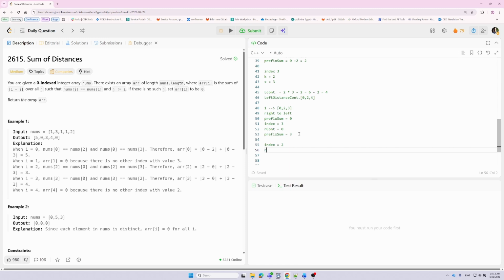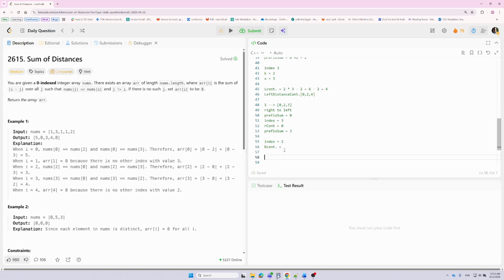So the right distance contribution here will equal the old prefix sum minus 1, which is the k here, multiplied by 2, and this will give us the value of 1, and the new prefix sum will equal 3 plus 2, which is 5, and again we add our contribution here, which is 1,